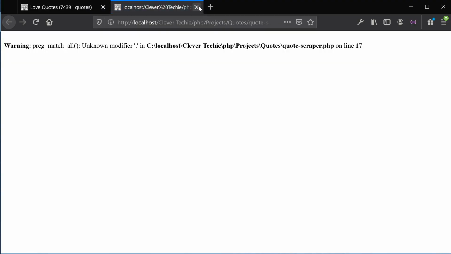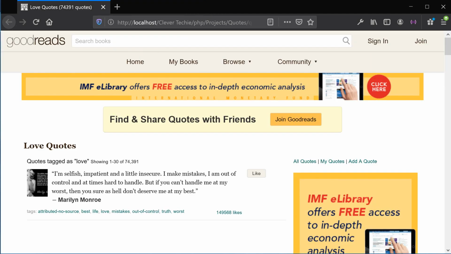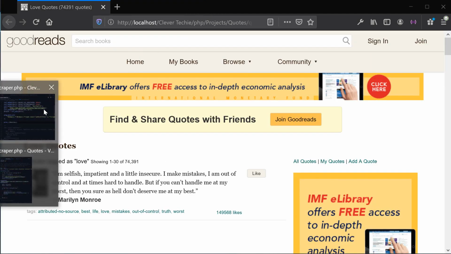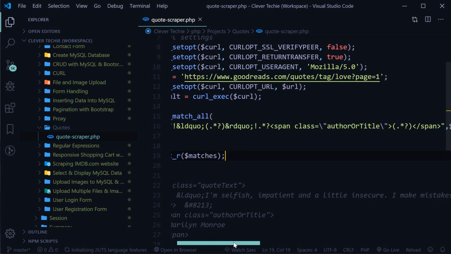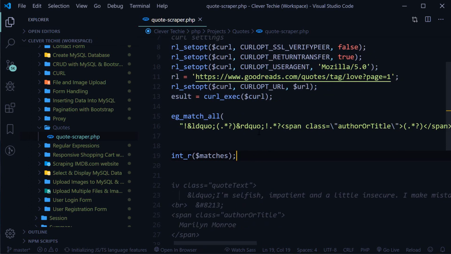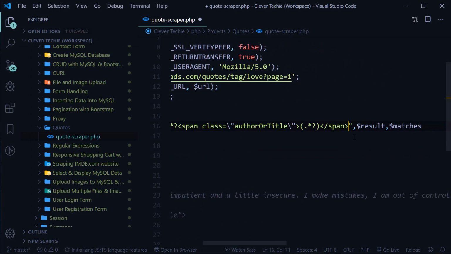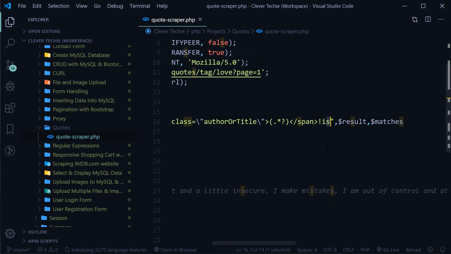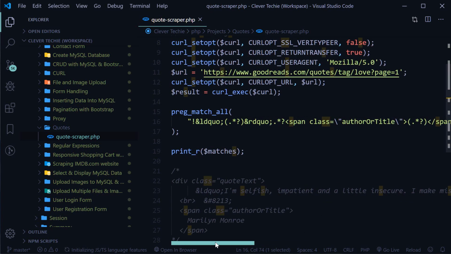And we have an unknown modifier. Okay, let's see what we did wrong. Oh, so this exclamation mark should be over here. Also, let's go ahead and use is, and the i stands for case insensitive, and we're also putting s to match multi-line content. Okay, let's go ahead and view this in the browser now,